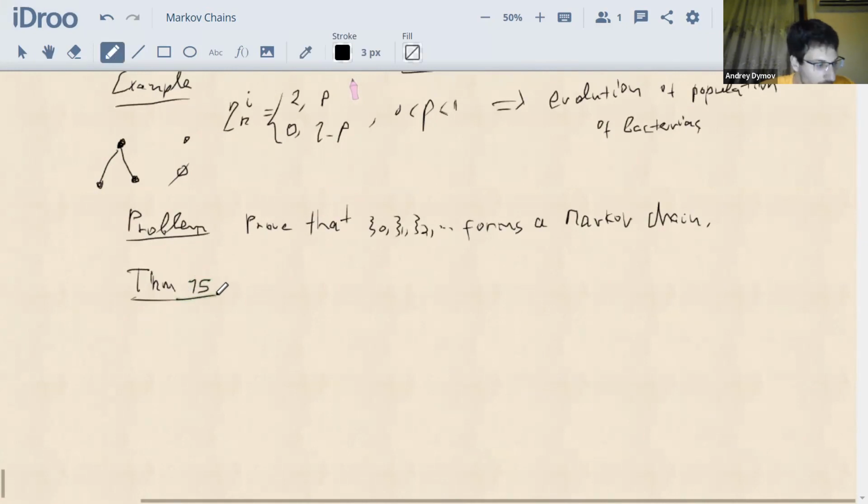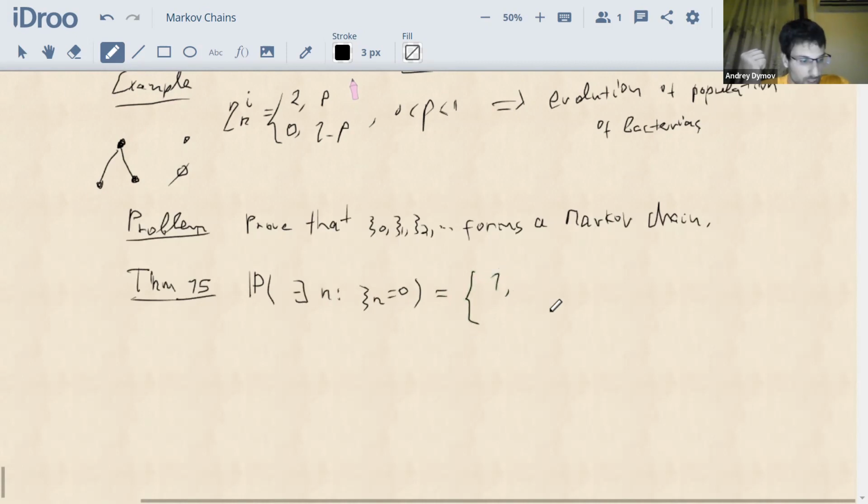The probability that there is n such that psi n equals 0, so there is a generation which will not give any descendants, so there is a generation of size 0, this probability equals